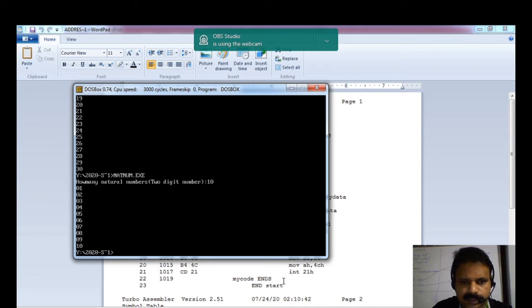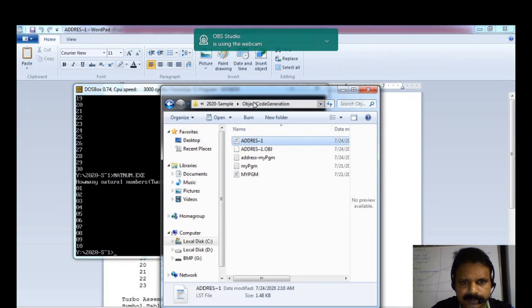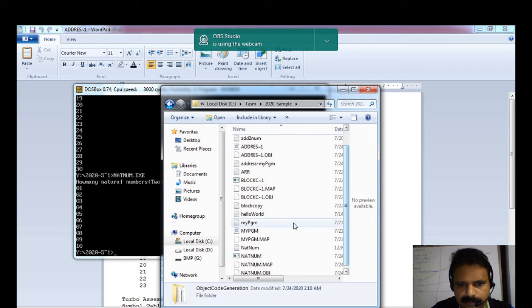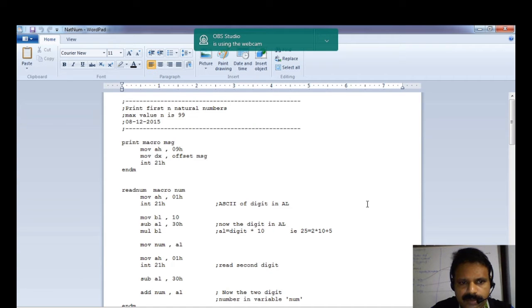So it is not necessary that we need a turbo debugger or any debugger to watch the output of an 8086 assembly language program. It can take input and print some output on the screen, but the program is a little bit big. I will show you the program. Okay, this will be the program.